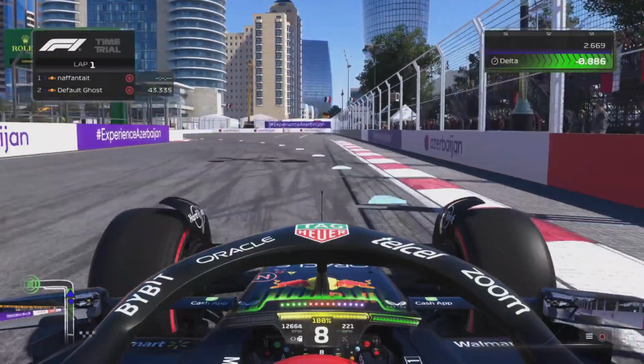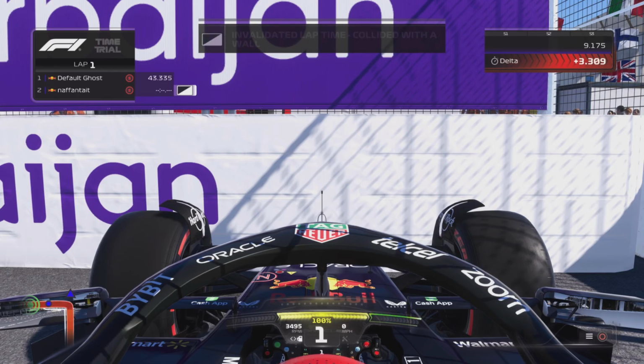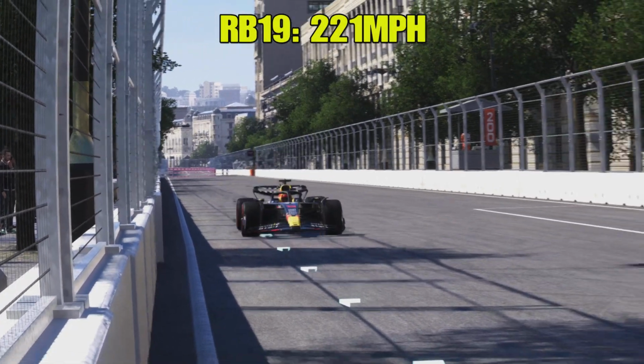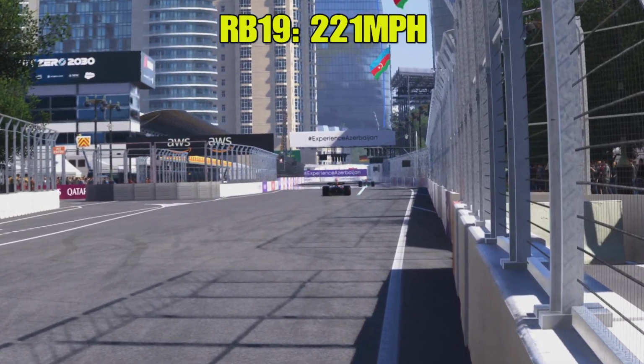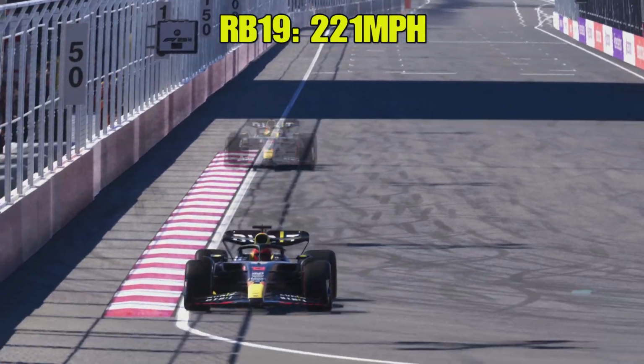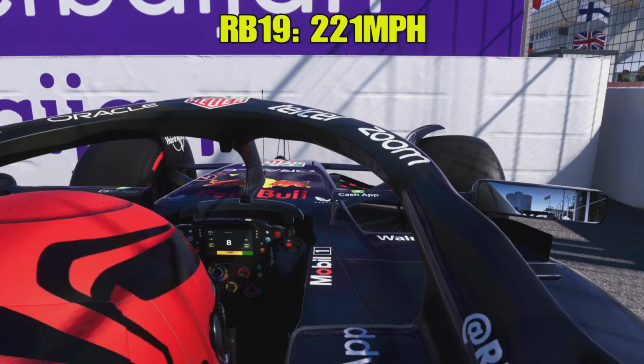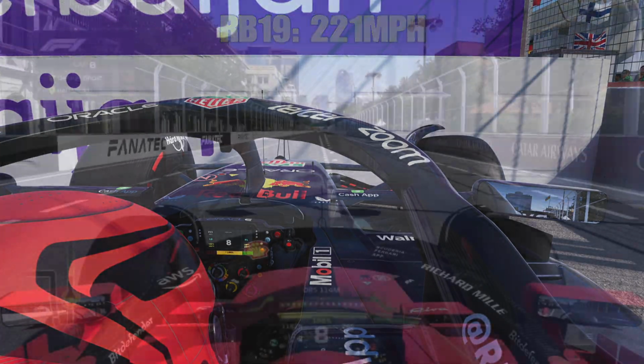And as you can see, the Red Bull here is going to top out at 221 before it goes off of the track. And obviously we've got an invalidation and such. So the RB19 hit a top speed of 221 miles per hour down the main straight at Azerbaijan with its DRS open. So with the benchmark set, we're going to move on to the second car,